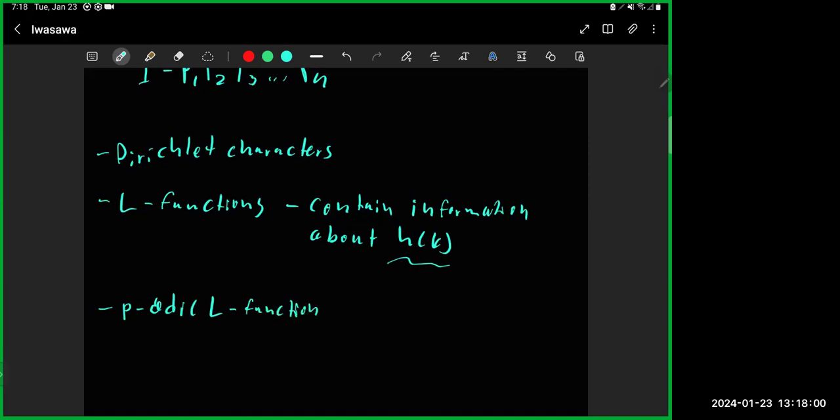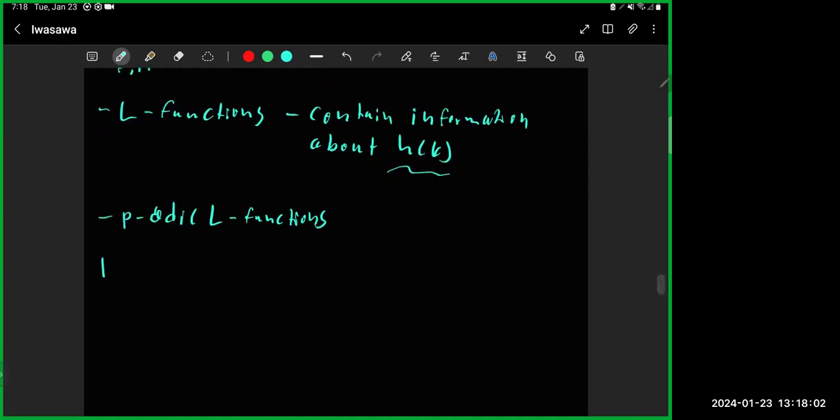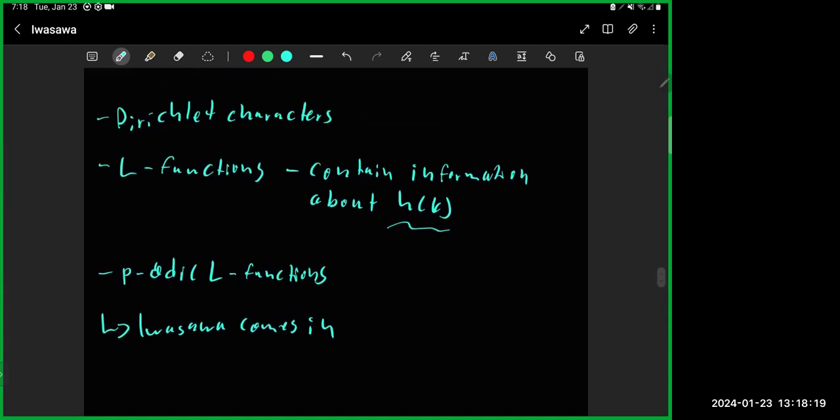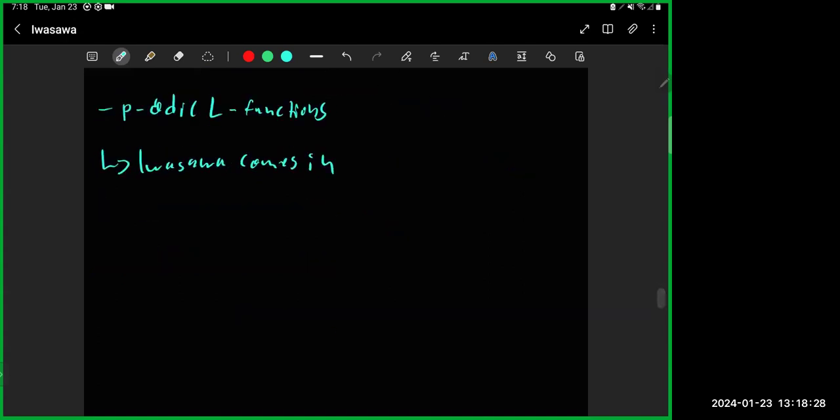And then after that, this is the point at which Iwasawa came in. What came after is generally considered Iwasawa theory, because he did some very specific things, as we'll see. Okay, so to start off, let's quickly define what Dirichlet characters are and how they work. So, Dirichlet characters